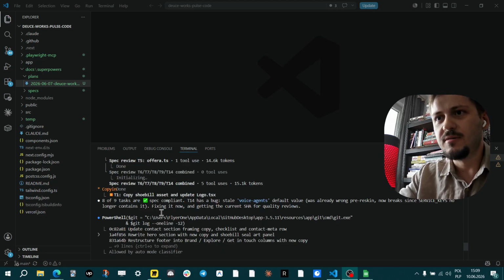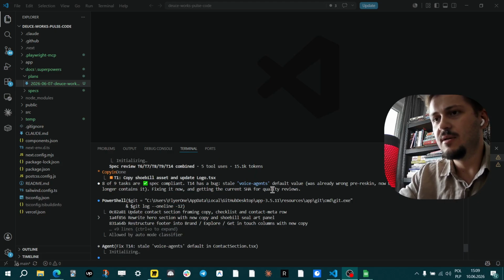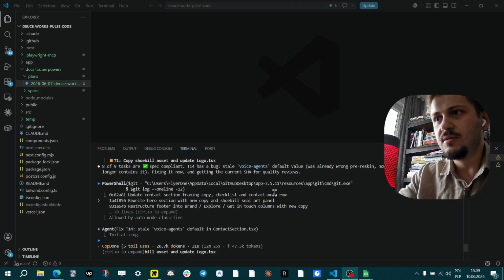Okay, I'm back. So 8 of 9 tasks are spec compliant. As you can see, the T14 has a bug, so it found some bug in the existing application, and we have this list of changes, and now it finally uses PowerShell to create commits and to basically operate with Git finally, because apparently the instruction in the global settings on this machine,